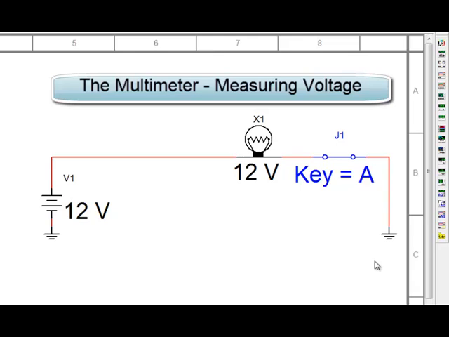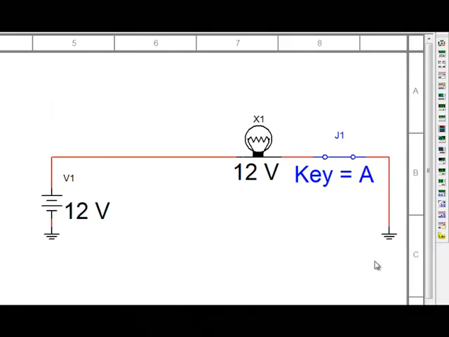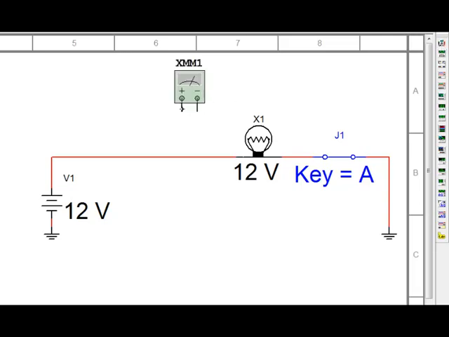This Multisim tutorial will demonstrate how to use a multimeter to read voltage in a circuit. Before starting your simulation, come over to the Instruments panel and click on the top icon. It should be the multimeter. Drag it over to the circuit and place the positive and negative leads over the device that you want to